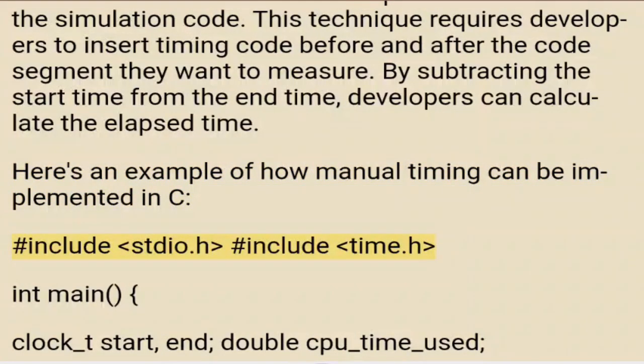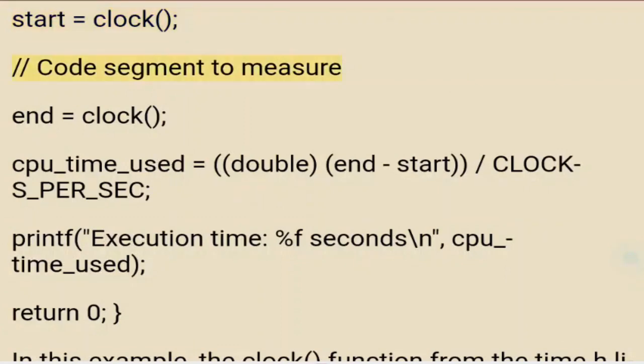#include <stdio.h> #include <time.h> int main() { clock_t start, end; double cpu_time_used; start = clock(); // Code segment to measure end = clock(); cpu_time_used = ((double)(end - start)) / CLOCKS_PER_SEC; printf("Execution time: %f seconds\n", cpu_time_used);